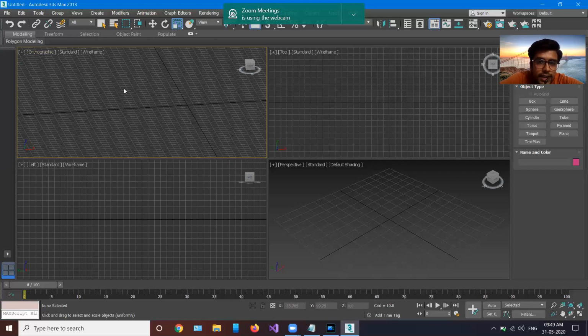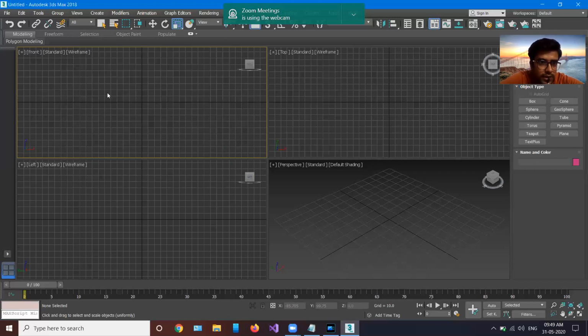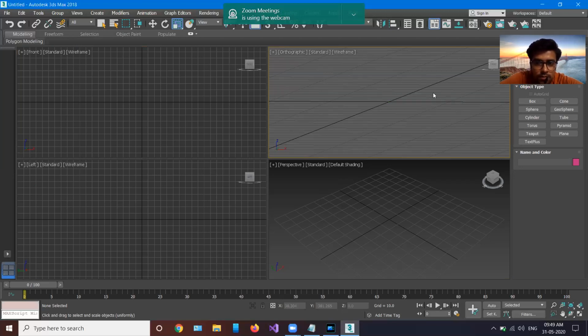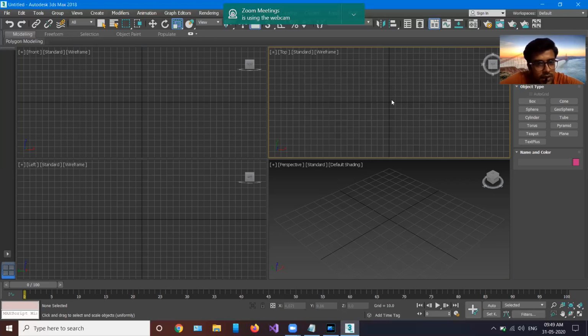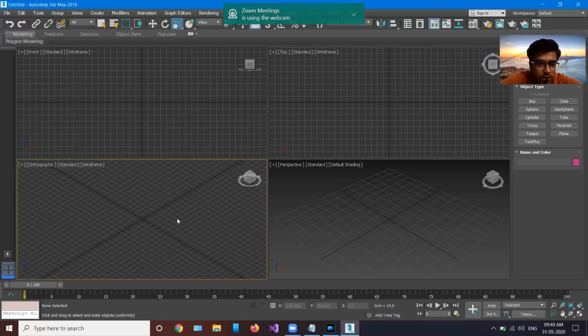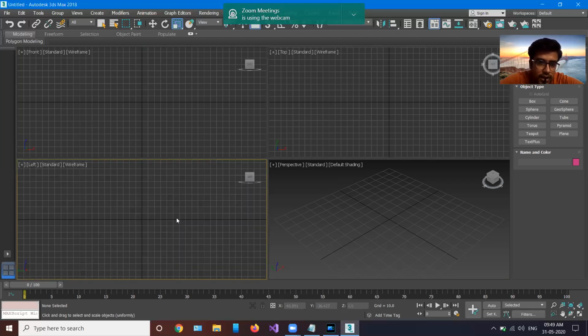If you want to go again in the front view, then you can press simply F. It will take you to the front view. It is as simple as that. Let's say you are in top view and suddenly you went into some other view. You want to return back to the top view, just press T. Okay, top T, F front. And similarly for left, if you, let's say, move on to some other view and you want to come again to the left, just click L. Okay, so this is the main thing.